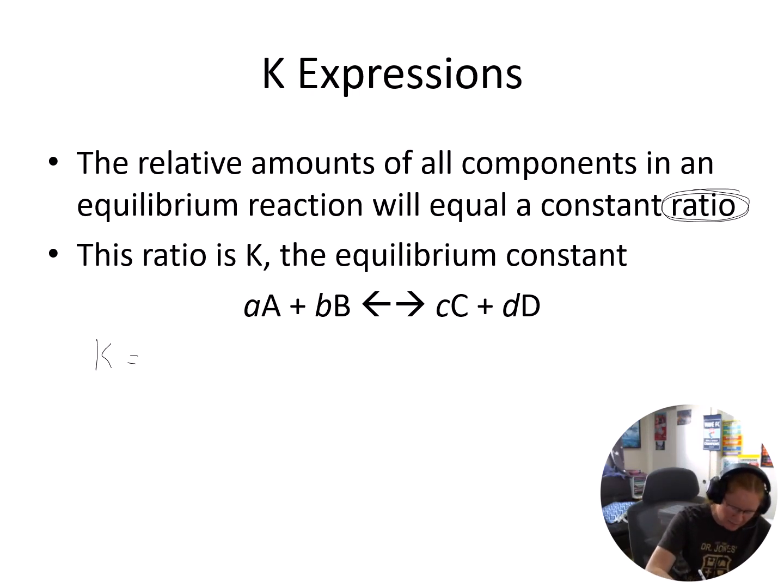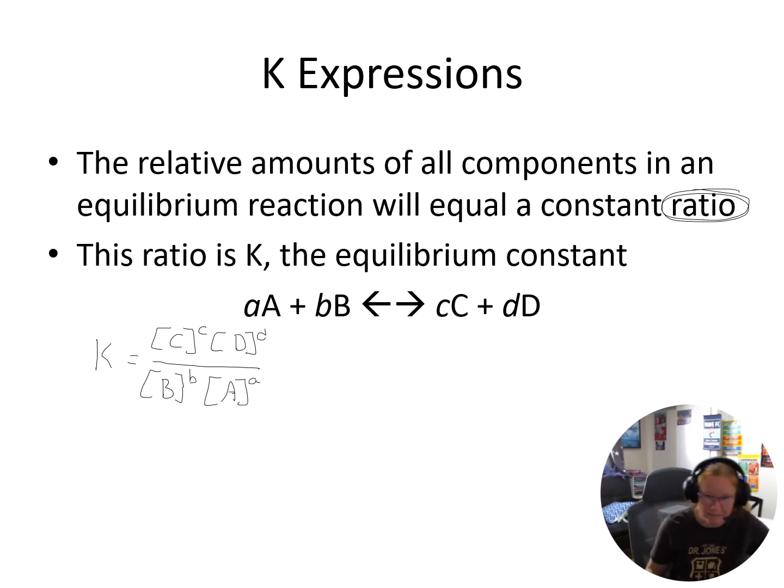So my products here, I have product C with coefficient c, product D with coefficient d, reactant B with coefficient b, reactant A with coefficient a. And so we just write it with those coefficients raised, and it's those products over the reactants. Now, I've seen just the generic equilibrium constant be written as K,